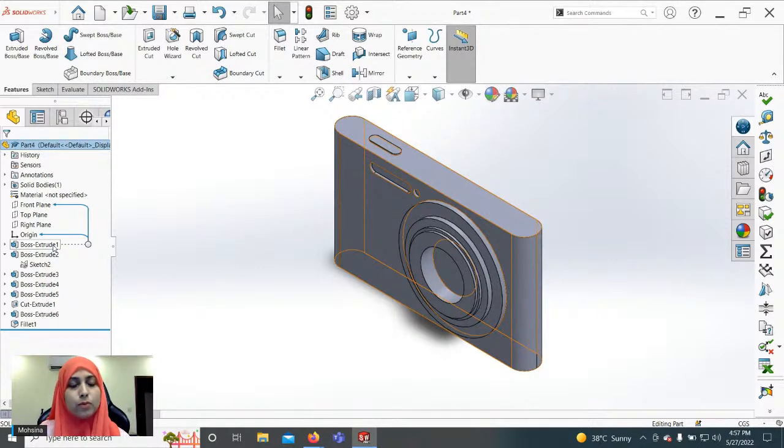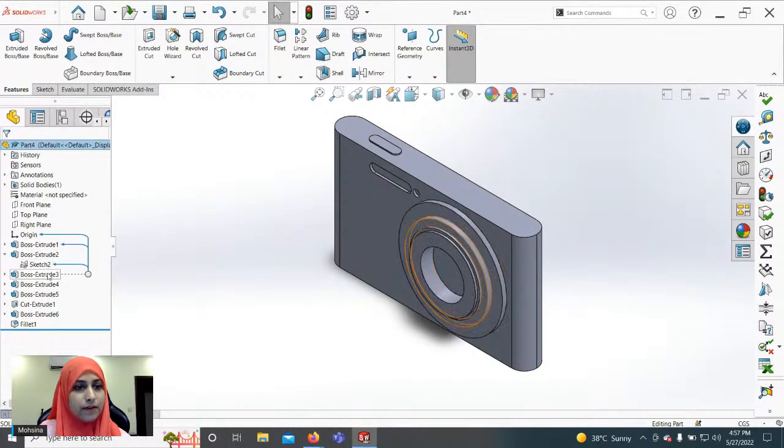As I hover over Boss Extrude 1, it shows that it is created on origin and is linked to front plane. If I hover over Boss Extrude 3, it shows its linkage with Sketch 2, Boss Extrude 1, and Origin. Similarly, Fillet 1 is created on Boss Extrude 1, as you can see from here.